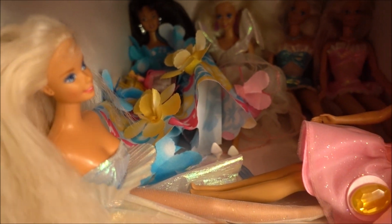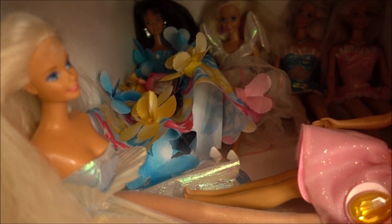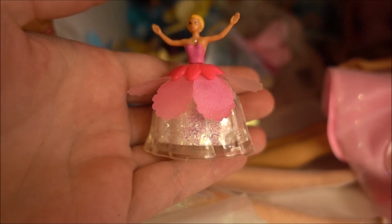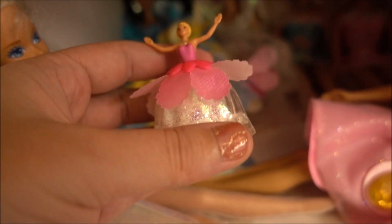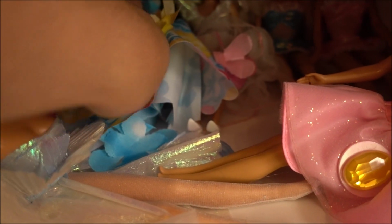I don't know what was the topic of this set, but she looks really cool, and I know that there is also Barbie. Barbie obviously came in a pink dress. And this set came with this fairy that is full with glitter. So you can sparkle up this Barbie, so you can put this glitter on the Barbie dolls or on the Teresa doll. So obviously this fairy came to the Barbie, but I don't have Barbie, I have only Teresa,